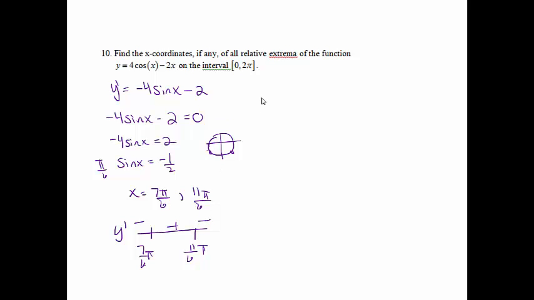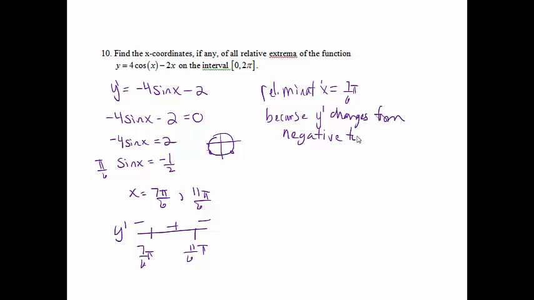So when I ask for relative extrema and looking at that chart, there's a relative min at x equals 7/6 pi, and that would be because y prime, not f prime this time because there's no f in this problem, y prime changes from negative to positive,